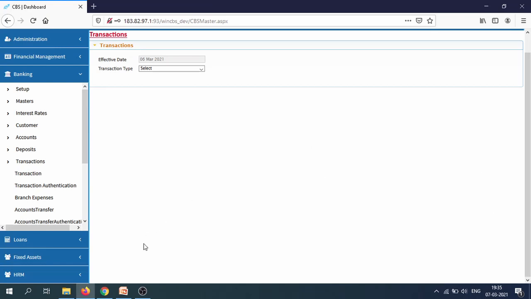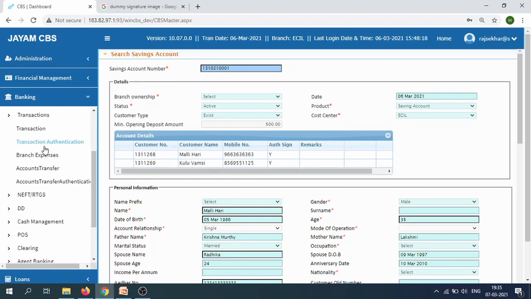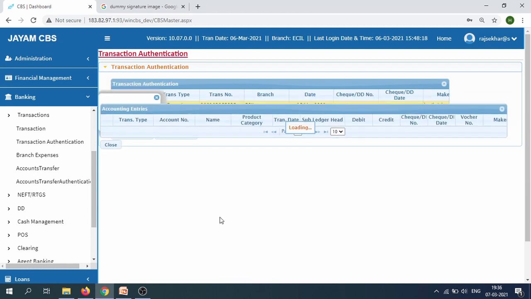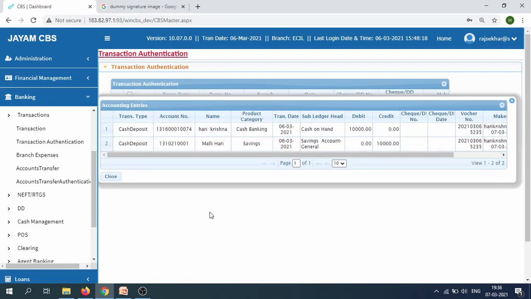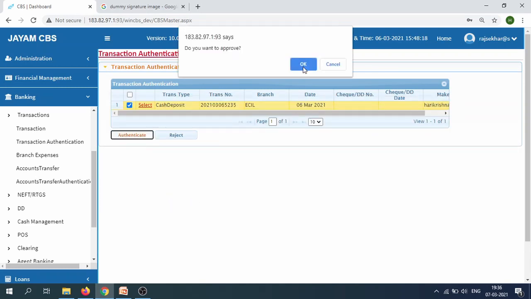Now I have to approve as a checker. So you can see the details and you can authenticate.